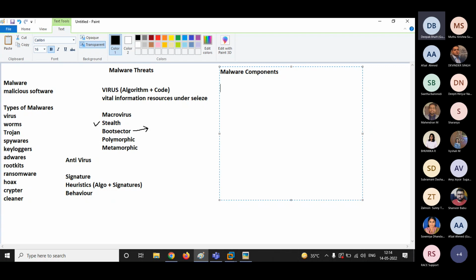We have a term known as cryptor. Then we have a term known as downloader. Then dropper.